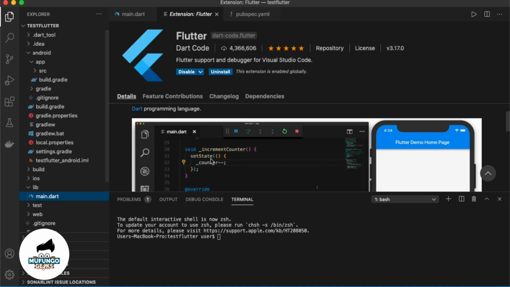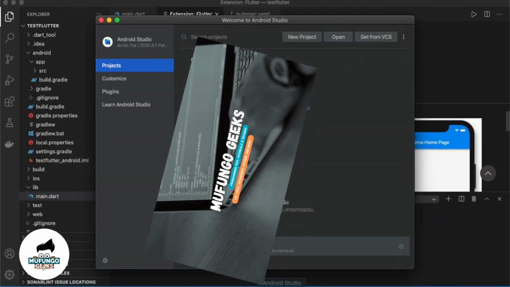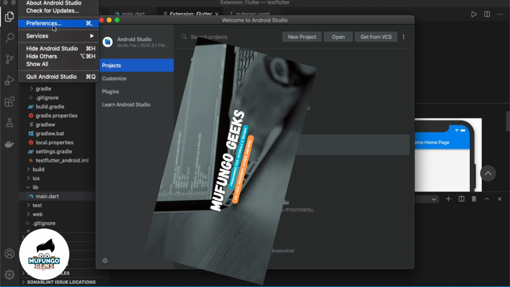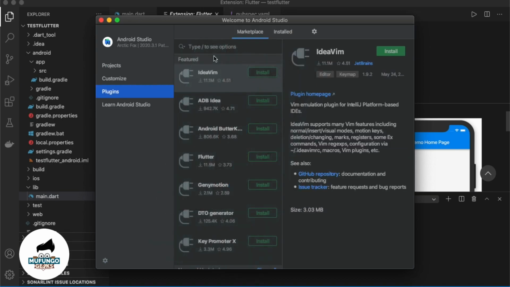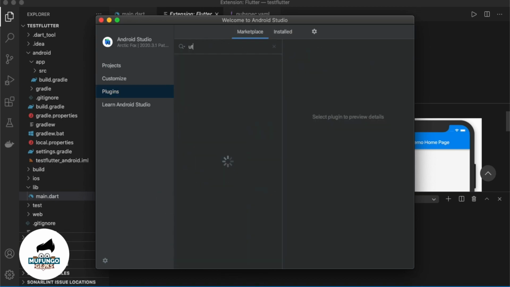Alternatively, if you're using Android Studio, Android Studio is pretty basic as well. This is the Arctic Fox version. Some versions you have to go to preferences, then look for plugins, but in this version, it's right there. You just go on plugins, search Flutter,